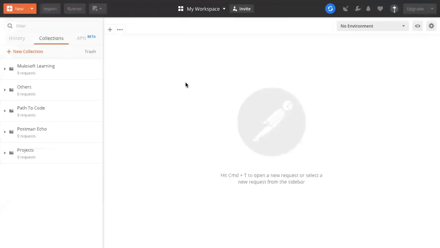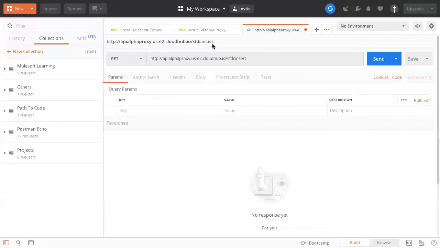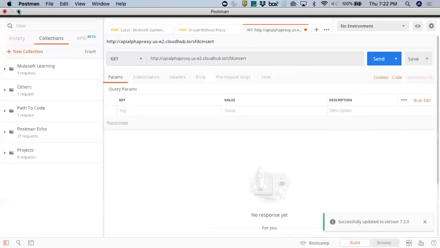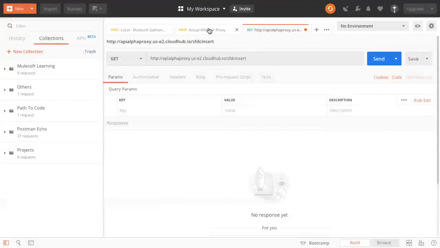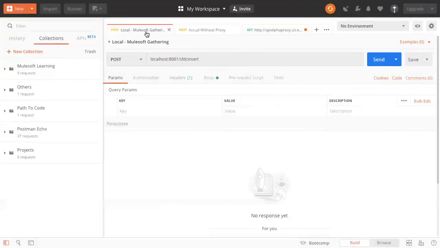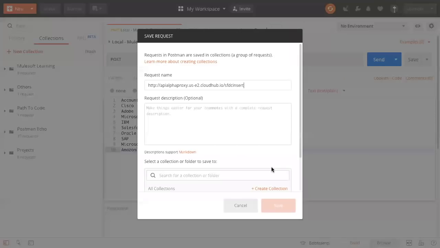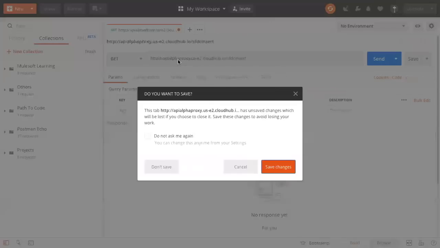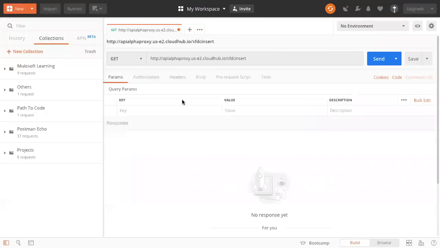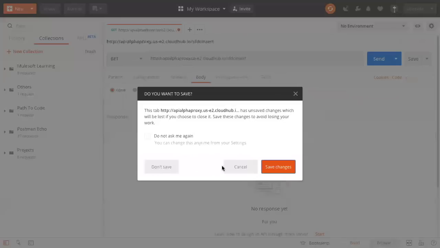So I will run the same query in Postman. Let me maximize. Here, I will close this one as well.